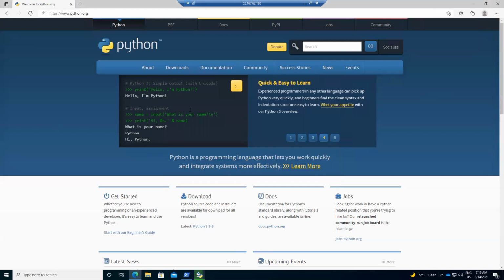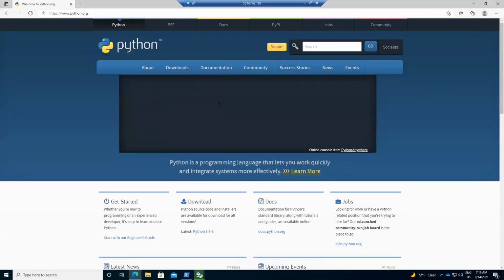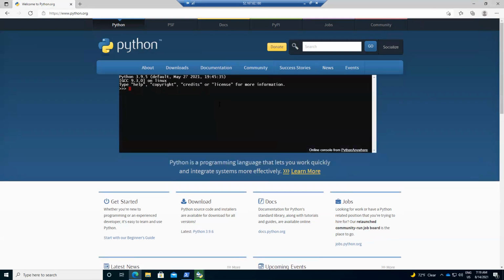You can use this launch interactive shell from the Python side directly also, where it will give us a temporary interpreter for Python. You can simply execute the commands. Let's say print something.